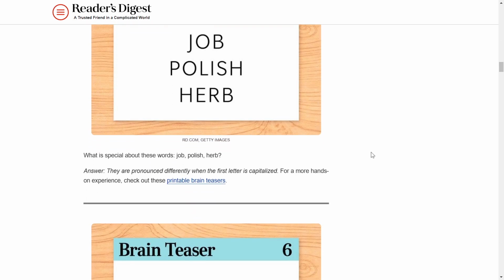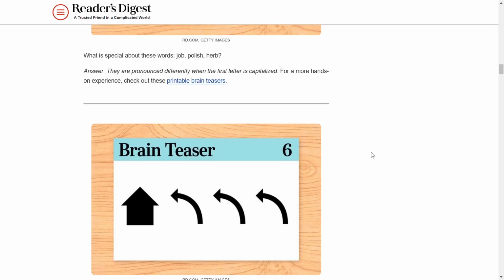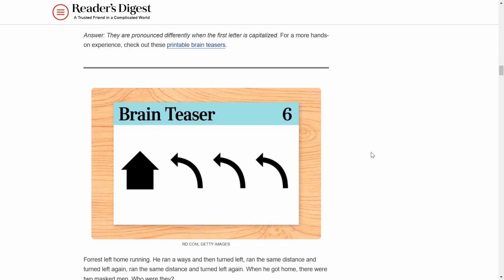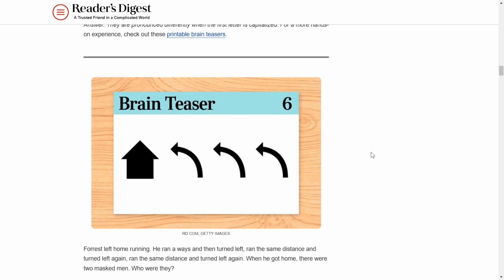All right. Let's go to the next one before I hang up on that one. Well, that was close. Didn't see that. Brain Teaser 6. Forrest left home running. Forrest is a name. He ran a ways and then turned left, ran the same distance and turned left again. Ran the same distance and turned left again. When he got home, there were 2 masked men. Who were